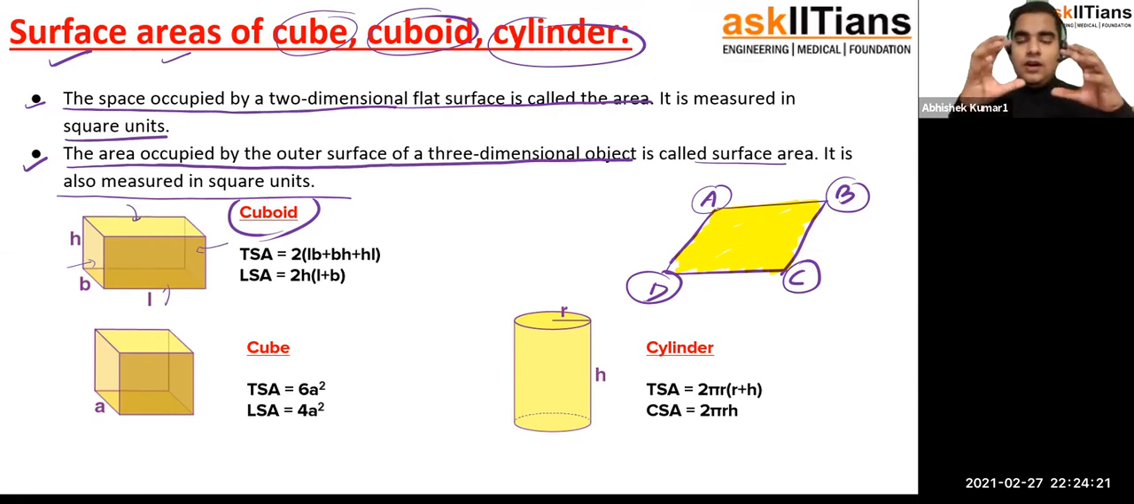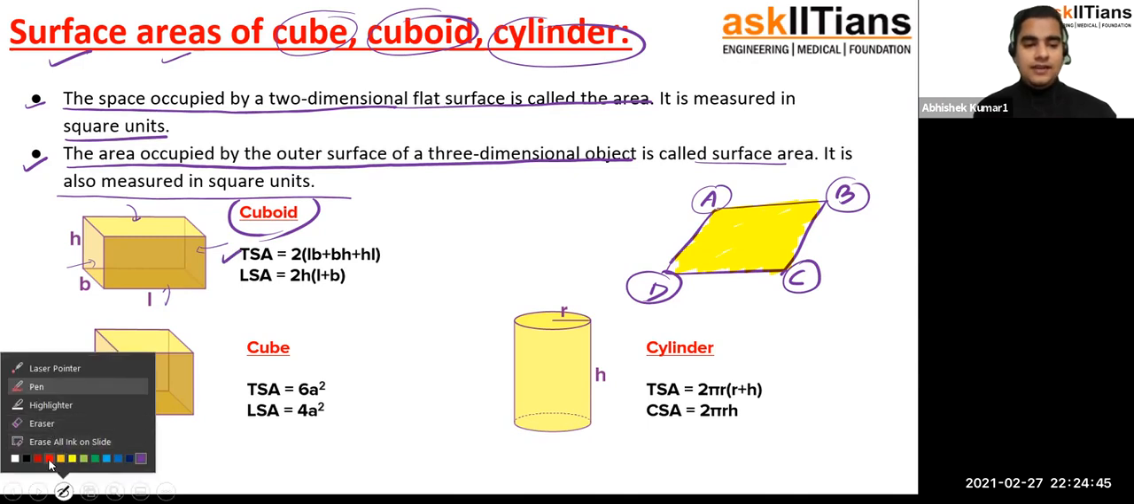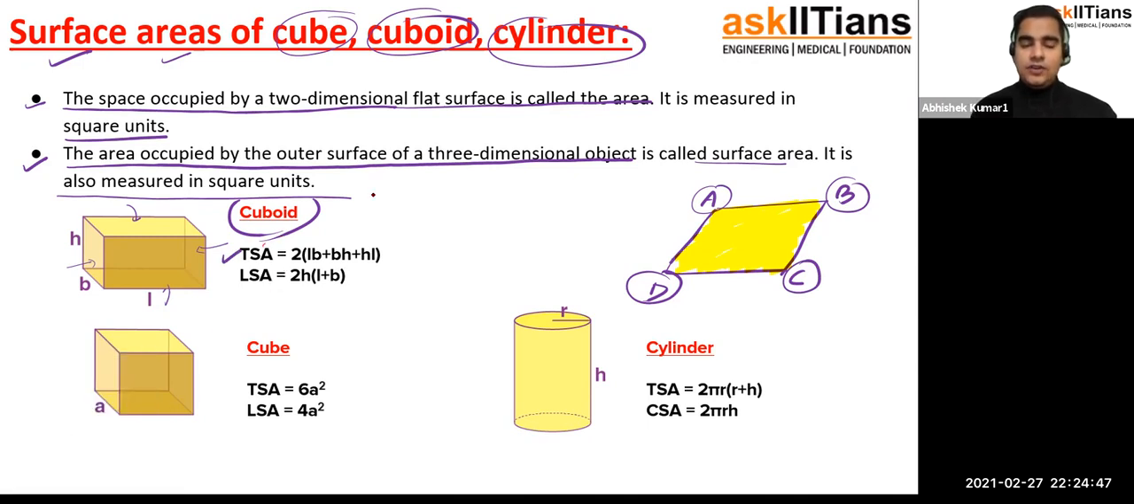So the area occupied by the surface, or the faces of this 3-dimensional object, which is a cuboid in our situation, is what you call surface area. And we have surface areas of different types. If you talk about total surface area, what is the meaning of total surface area? We need to understand that total surface area means we are talking about